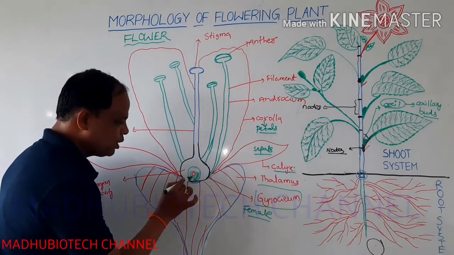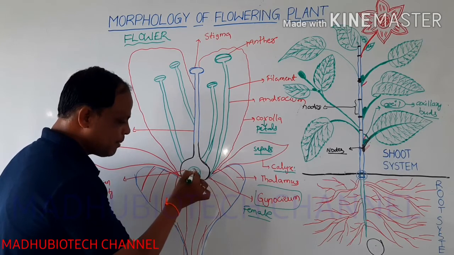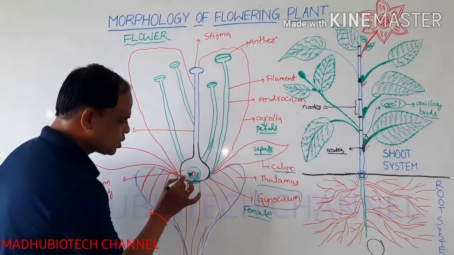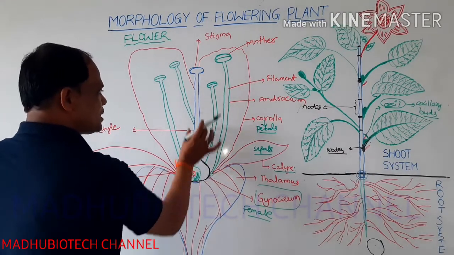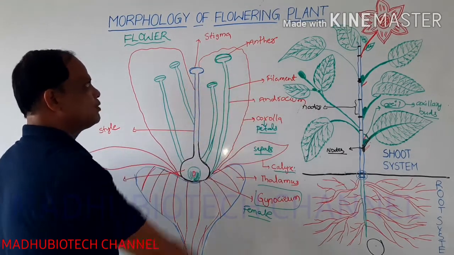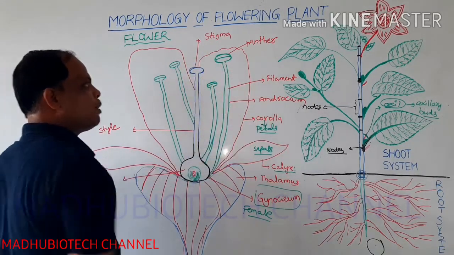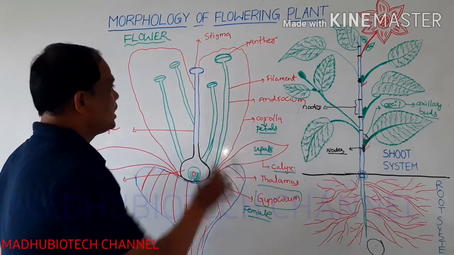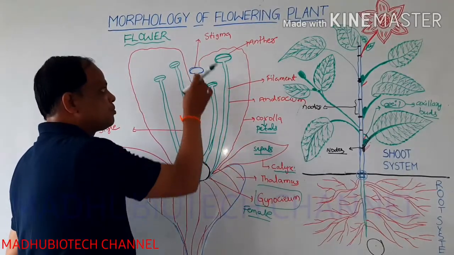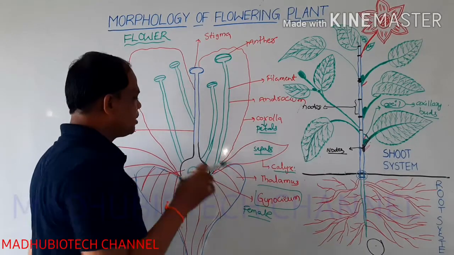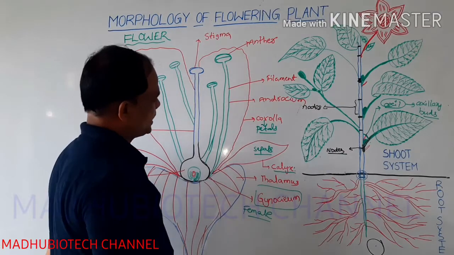Okay, this is the ovule. Inside the ovule it can contain the embryo sac, also called the embryo sac structure. Okay, and the style is the hollow tube-like structure. Stigma is the swollen tip part of the gynoecium. This is the platform for the pollen grains. It is useful as the platform for the pollen grains.